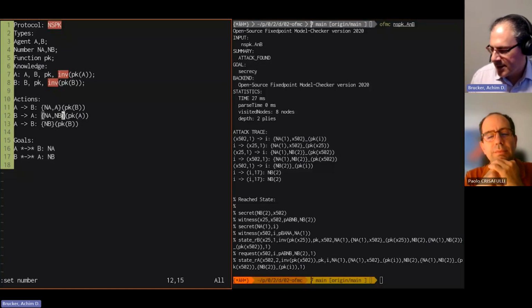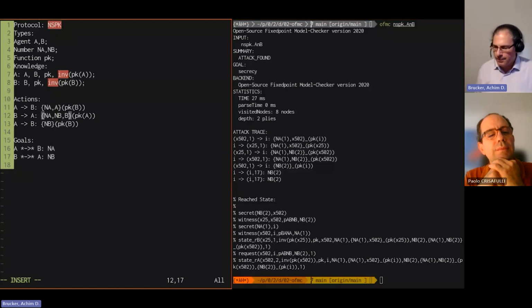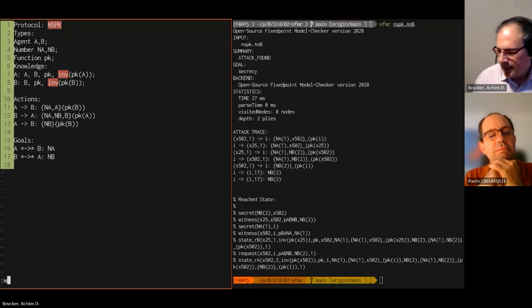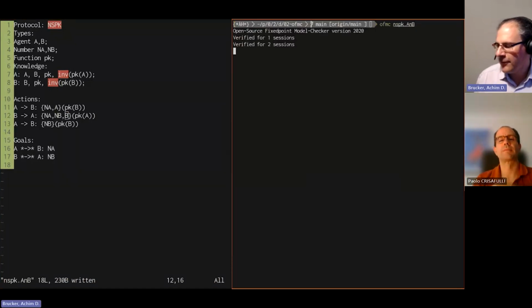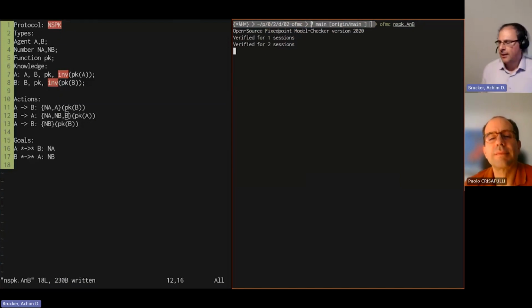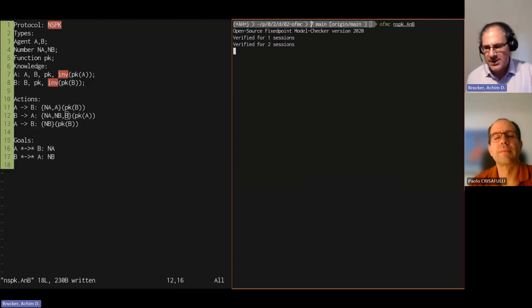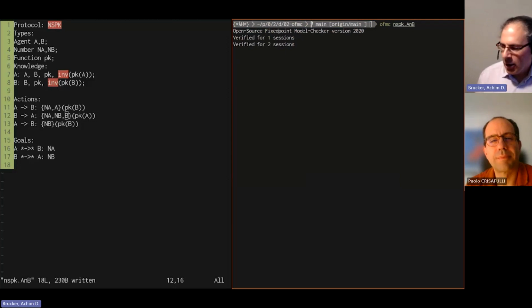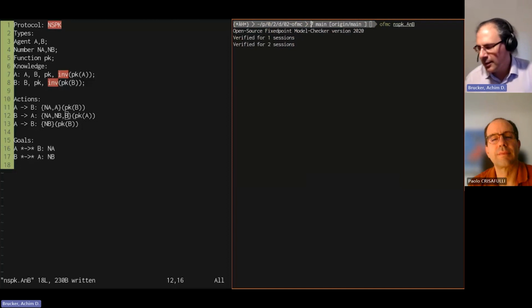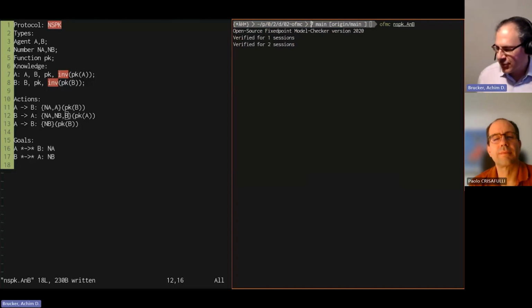So if you remember, the fix for that issue was adding the name of Bob into that second message. I'm saving that. Rerunning OpenC, and now the behavior is different. Now OpenC tells me I verified that for one session. Now I'm running it for 2 sessions, and we can already see it takes quite longer. I mean, it's not hard to guess that hopefully in a couple of seconds, there will be a third line saying I verified the security of the protocol, or that the protocol established mutual authentication, also for 3 sessions, but